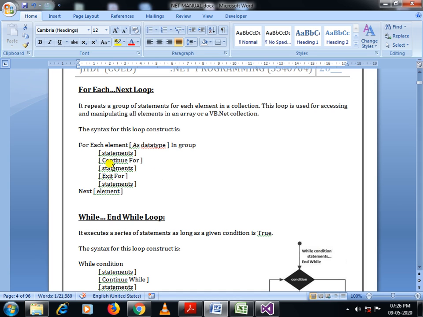The syntax for that is For Each, then we specify the array variable. Let's say I have an integer array of 10 elements and I would like to print all of them. Then I write For Each x As Integer In A, where A is an integer array.